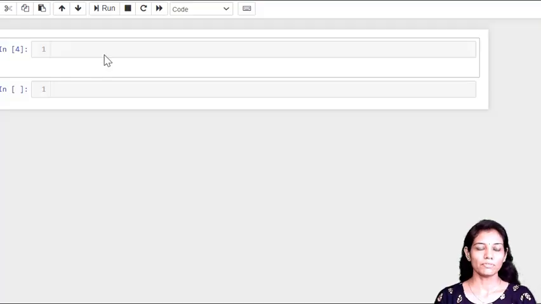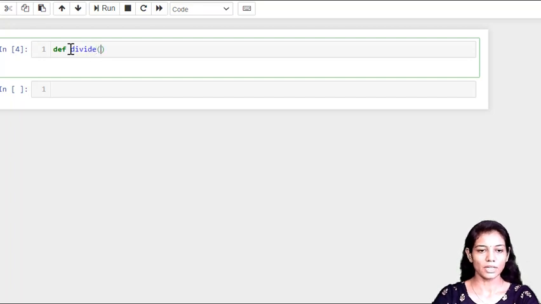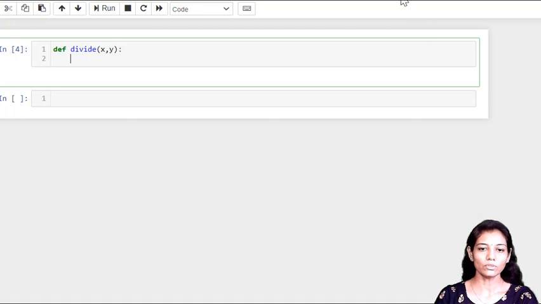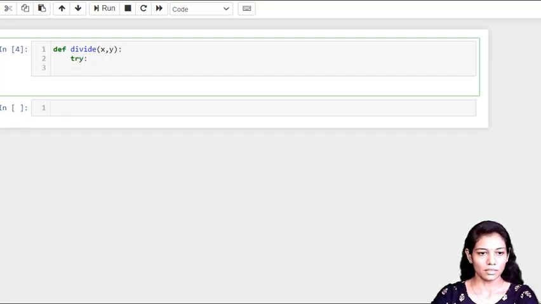So here I am going to define one function, divide, which accepts two parameters x and y. Now I'm going to write my critical operation inside try, because I want to say please try to execute it, and here r equal to x divided by y.